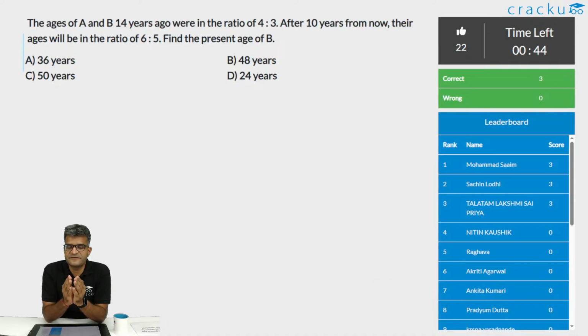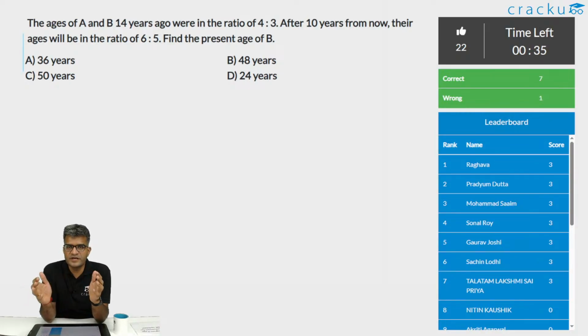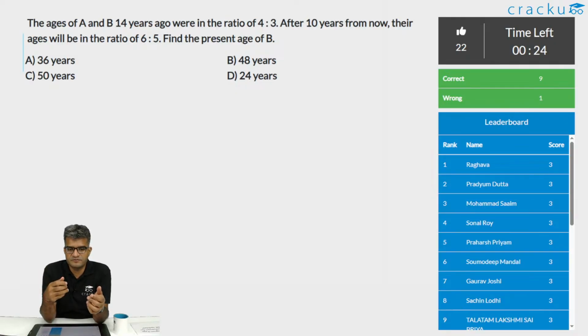What I would tell you is, if you are looking to improve your attempt rate in Quant and LRDI, which I think is where you are struggling, you have to solve a lot of questions between the mocks. Don't take too many mocks. Don't take 0 mocks. Try to take 1 mock every 2 weeks as of now. And between those 2 mocks, try to solve as many questions as you can. The more you solve, the faster you will get. So again, don't just solve questions without knowing the concepts. Know the concepts, but focus more on solving questions.